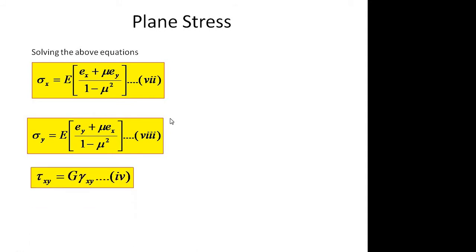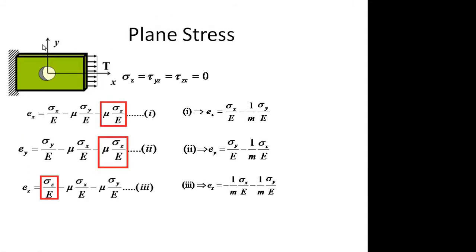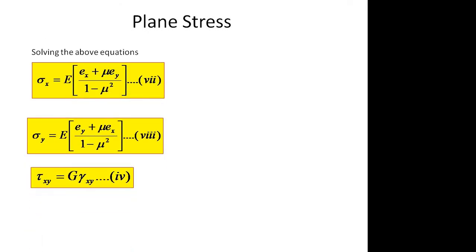And similarly we can relate, already we have the fourth equation, tau xy is equal to capital G into gamma xy. So now you can say, already we have written the equation Ex is equal to something and Ey is equal to something. What is the need for solving and finding the equation for sigma x and sigma y? Right? Let me go back. Say this is the equation for Ex, this is the equation for Ey. What is the necessity for solving these equations and finding sigma x and sigma y? Right? So the problem is,